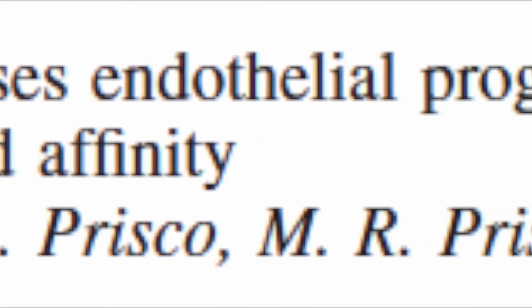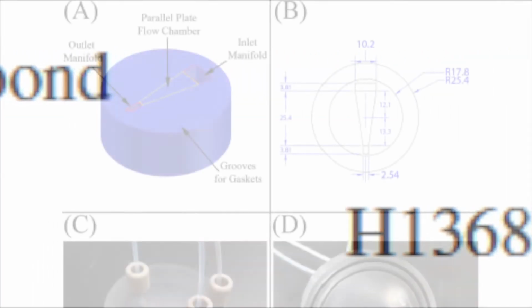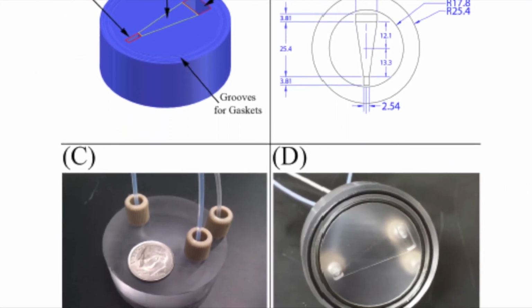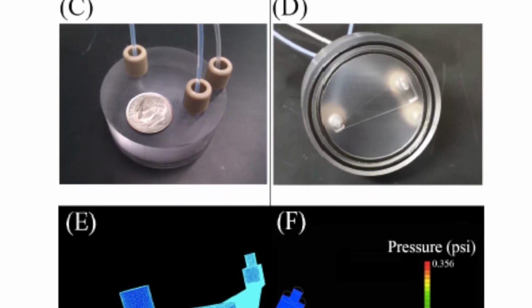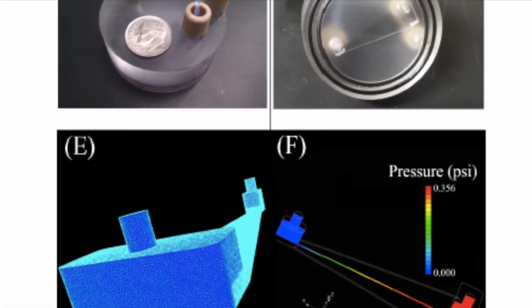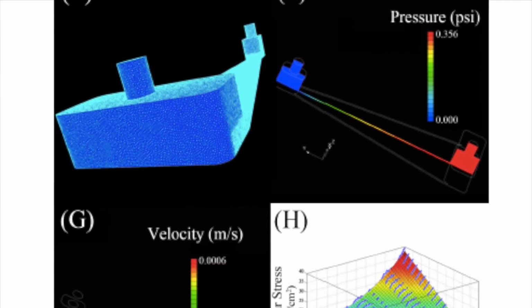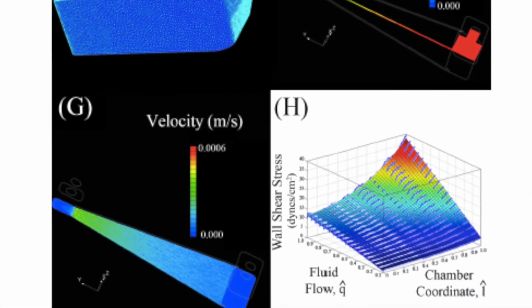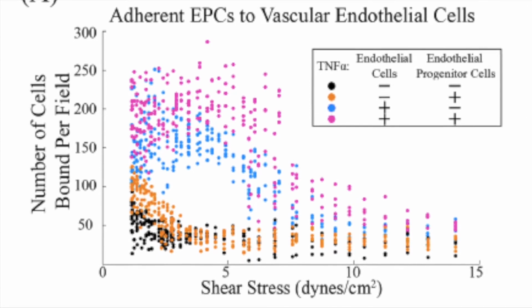Prisco et al. focused on the process by which activated endothelial progenitor cells bind to their target tissues. They specifically investigated the TNF-alpha-regulated VCAM1-VLA4 interaction. Using a novel parallel plate flow chamber, a detachment assay and mathematical model were used to analyze this new assay. Bound cells were subjected to laminar flow, and the cellular adherence was quantified as a function of shear